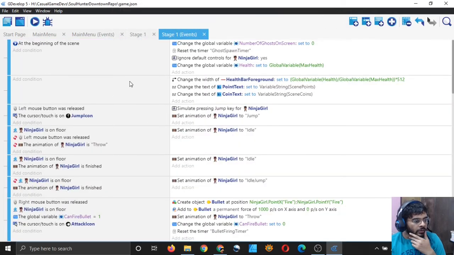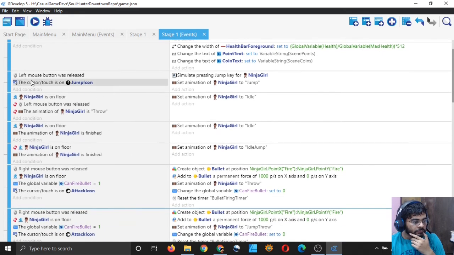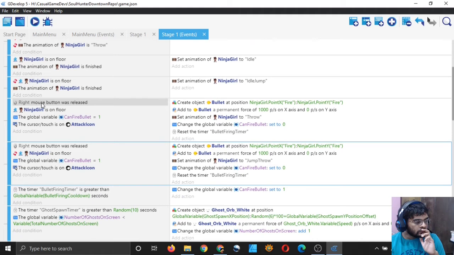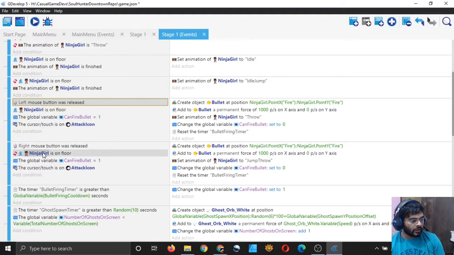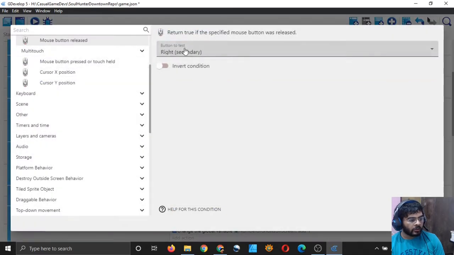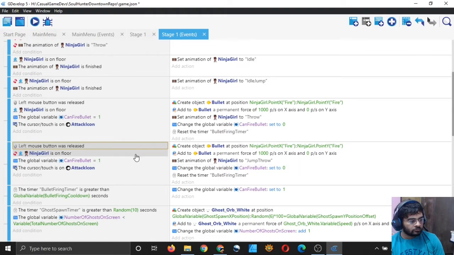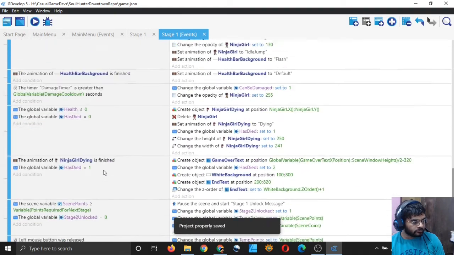So let's see what's the problem here. Oh, right mouse button. I should choose left mouse button only because I am not pressing right mouse button or checking for right mouse button at all. Right, so that should be done.